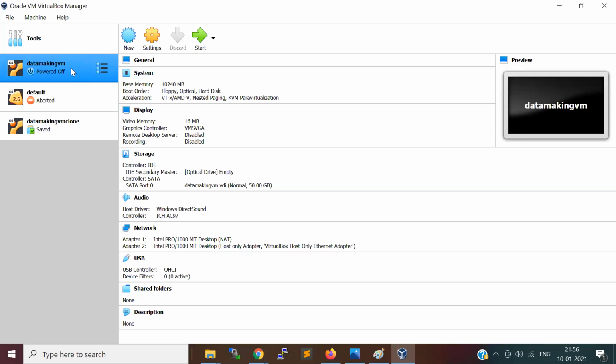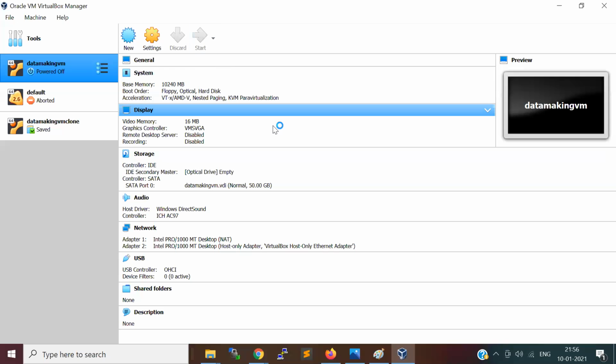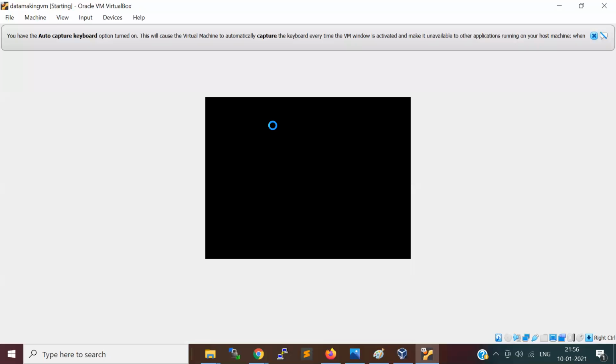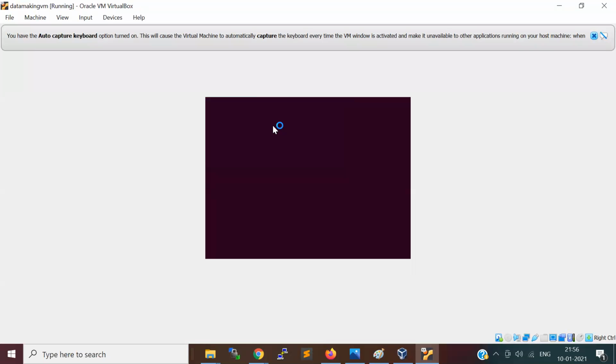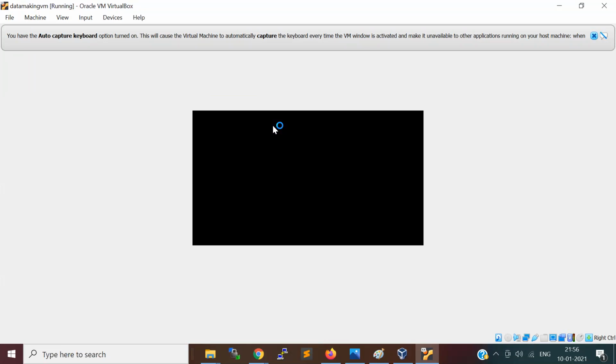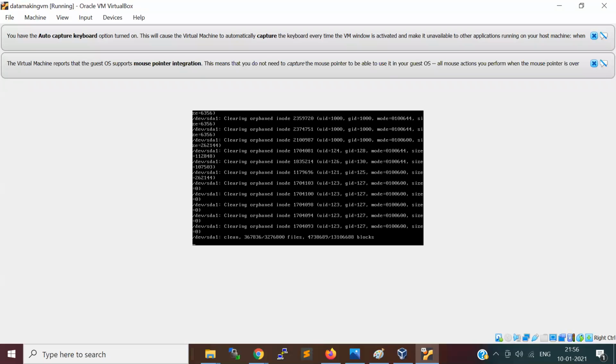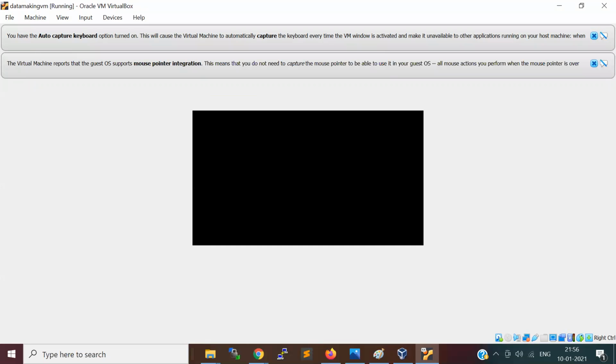Once imported, it will be like this. You just have to click start, and it will start this virtual machine. In this virtual machine, I installed Ubuntu 18.04. Most of your big data systems, like Hadoop or Spark, in production will also be using Linux machines.